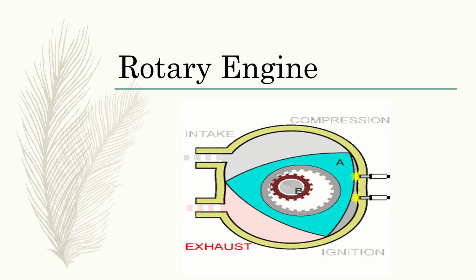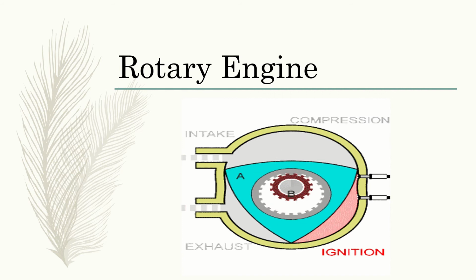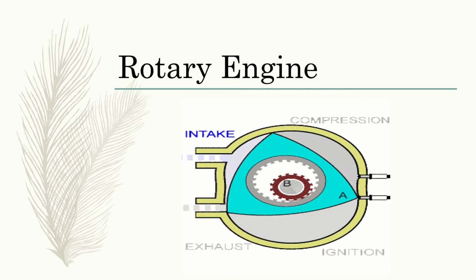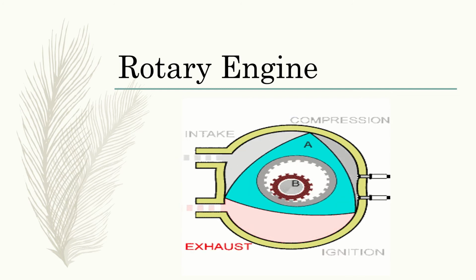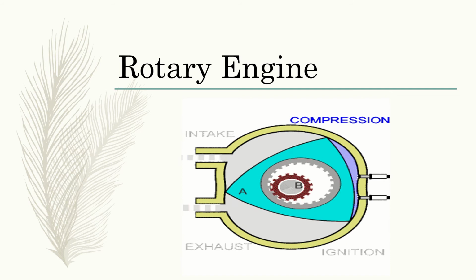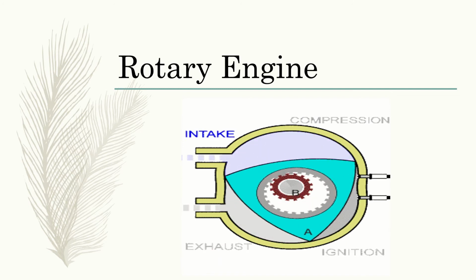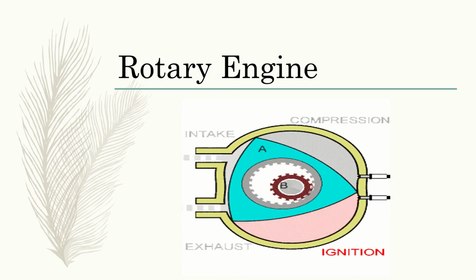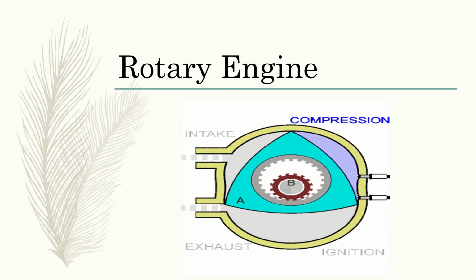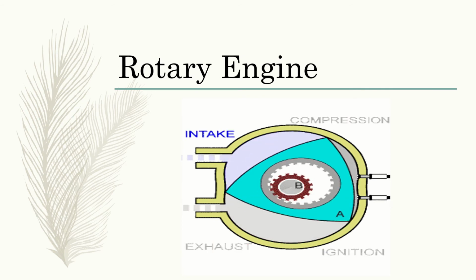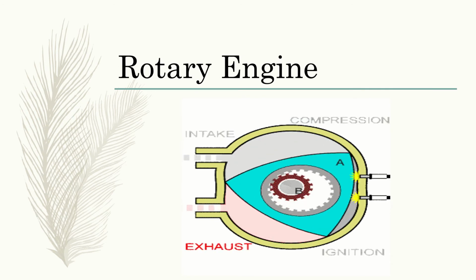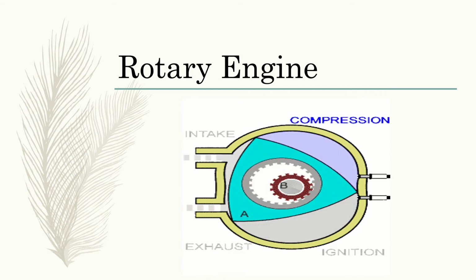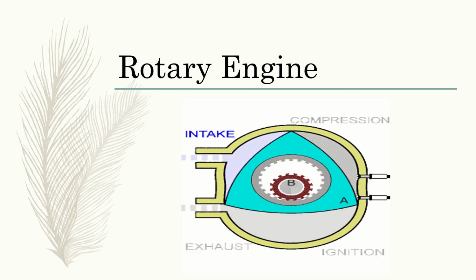Two spark plugs are often needed to provide even ignition throughout the chamber. The exhaust gas expands into the chamber until the rotor tip passes the exhaust port. Then lastly, the exhaust process, wherein once the tip passes this port, the high pressure exhaust gases can flow through the exhaust port. The rotor continues to spin until the end of its phase passes the exhaust port, the tip passes the intake port, and the cycle repeats.